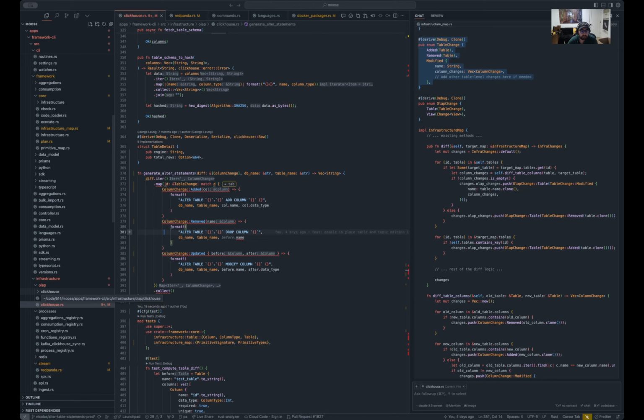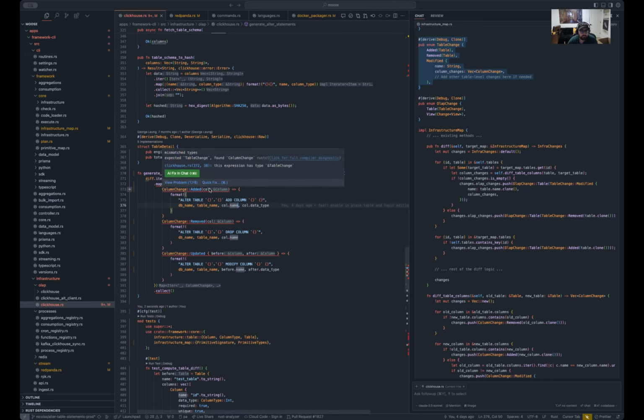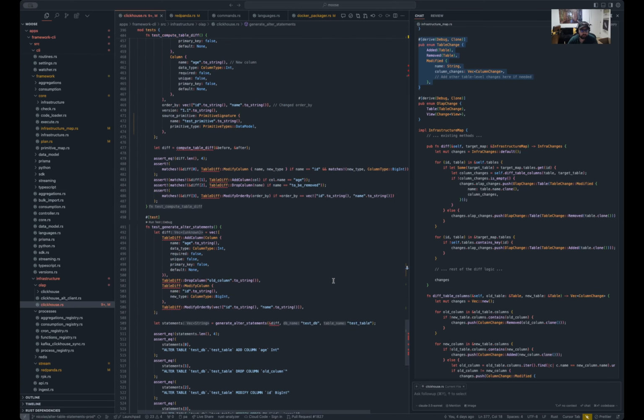And then here, removed column. Okay, so it's like column dot name. Why isn't that happy? Expect a table change. Oh, this is because this is column change here. Cool. Now it's all happy. Now here,